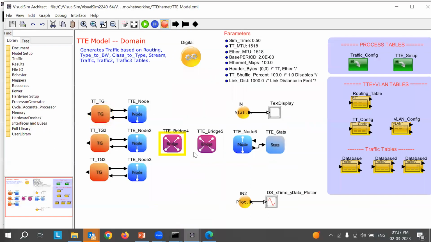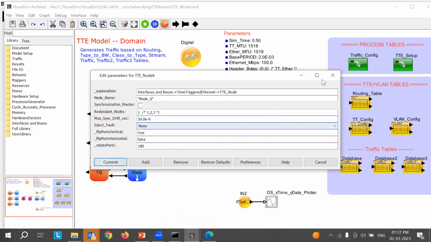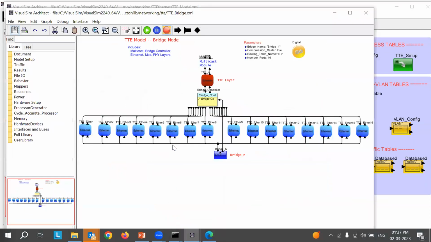So these are based on the existing libraries, the nodes. This is the node block that I mentioned, and they have used